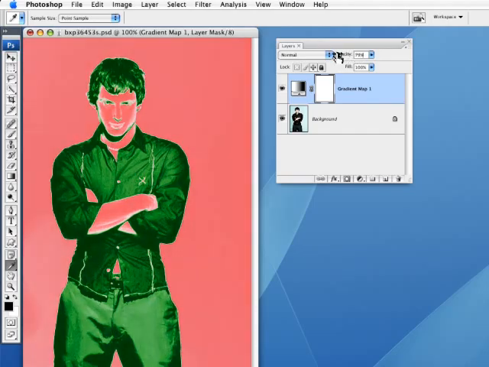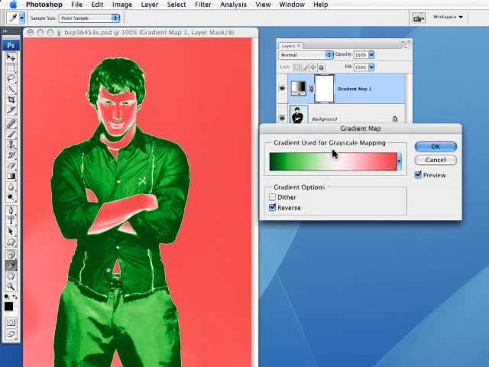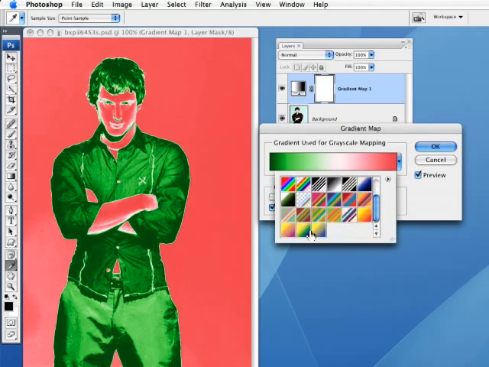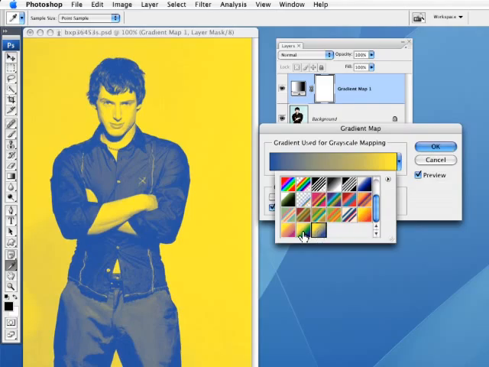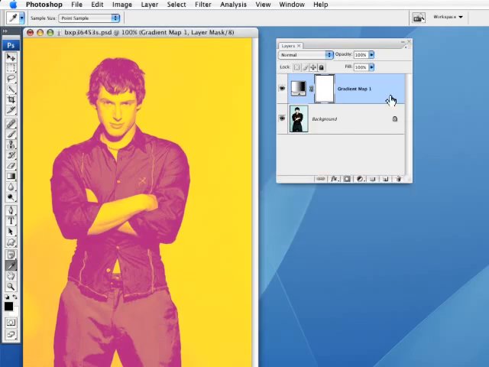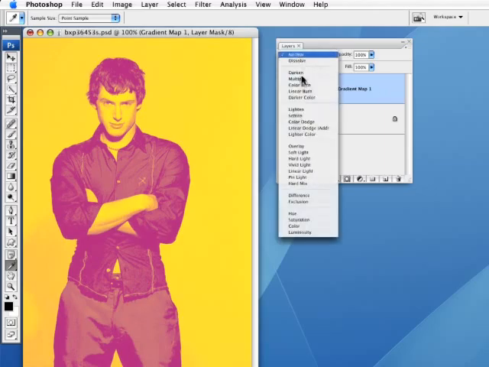We could, of course, lower the opacity to let some of the original show through, or use the layer mask, or double click because it is an adjustment layer and say maybe we want something a little different, like maybe one of these color harmonies to create kind of an interesting duotone kind of look, something like that. Click OK,